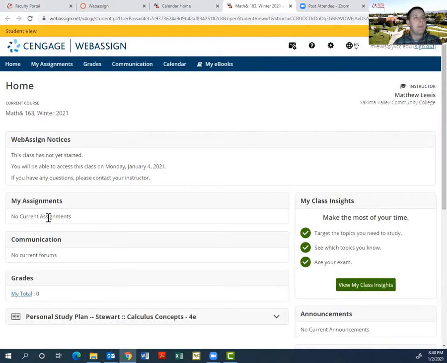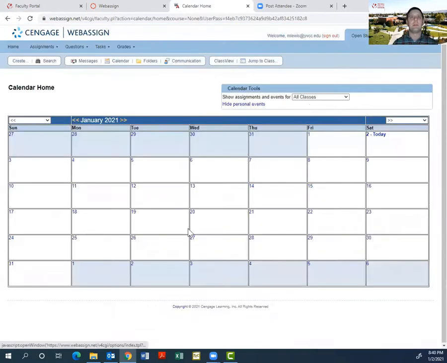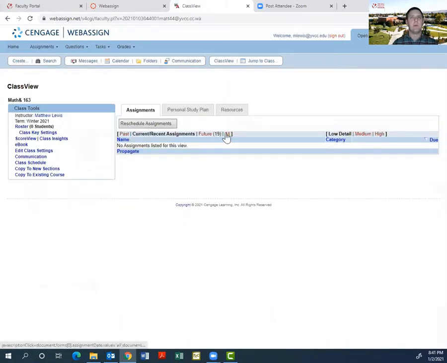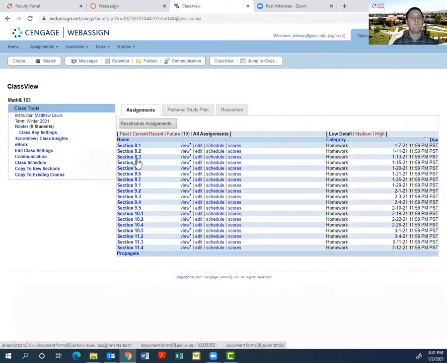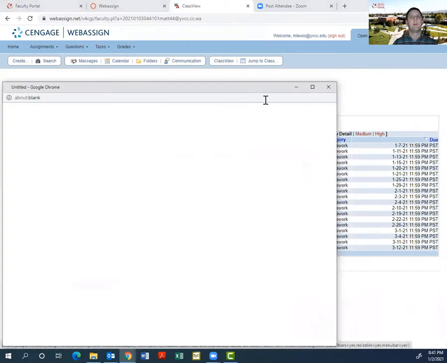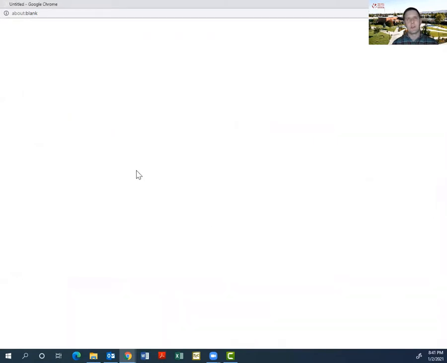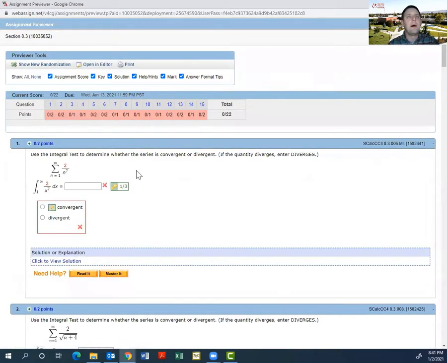The reason is that I wanted to walk you through what the homework looks like for you. I know that you've used WebAssign in the past, most likely. However, your other instructor may not have used it the same way. So unfortunately, I can't show it to you exactly as you'll see it, but let me at least do this. Let's open up this one here. This is not exactly the way it looks for you. This is kind of my instructor view here. But let me just explain how my homework works.